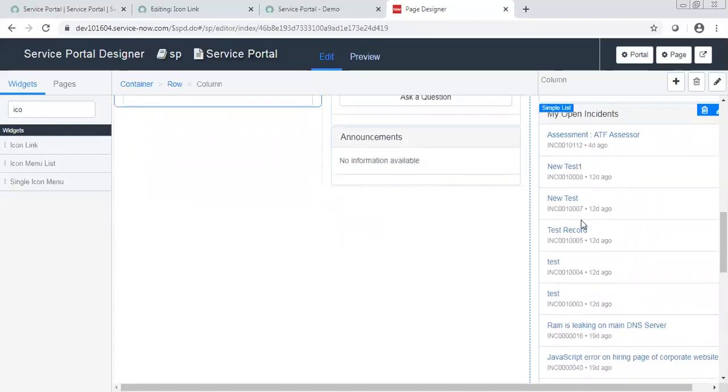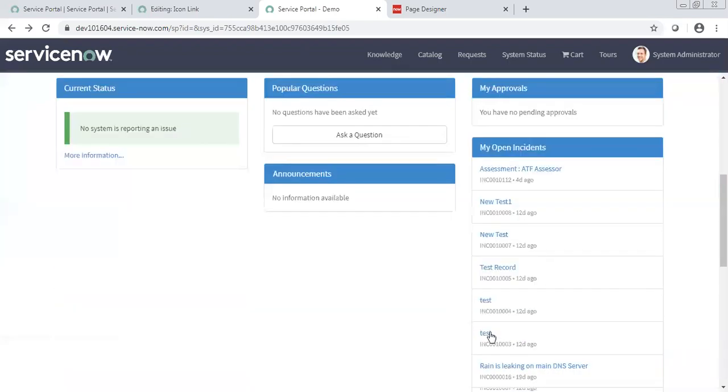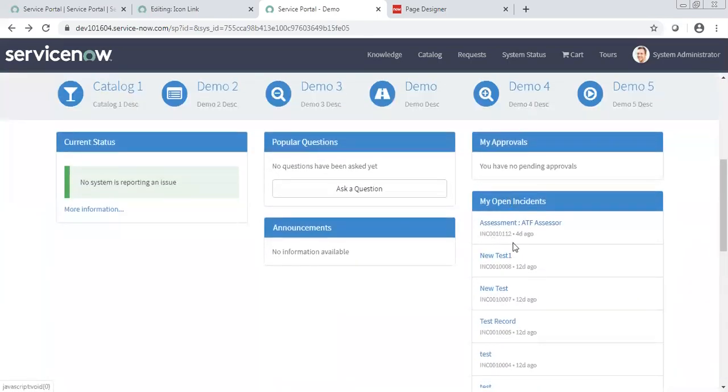It should show incidents, problems, changes, and all the tickets logged by that user. Like my open incidents, I don't want to see them separately because it may occupy more space on the page and it may not look good. So I just want one widget on the page which will show all kinds of tickets, right?